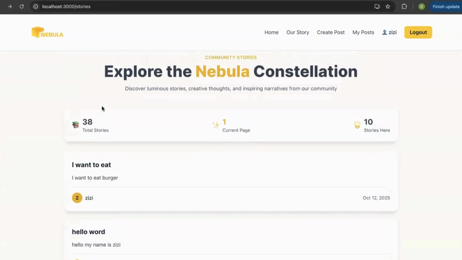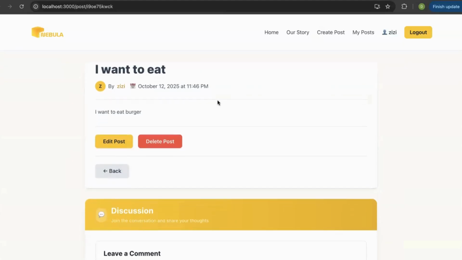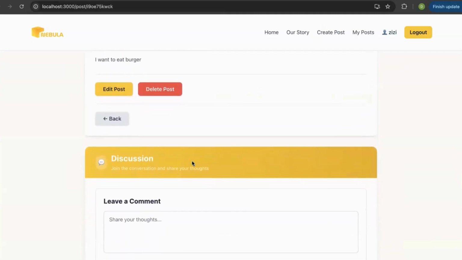Okay, we're going to see our first constellation. Let's go to "Our to Eat" by ZZ. As you can see, we can see the profile of who wrote it. There's a date, and also edit post and delete post. We can also go back and leave a comment.